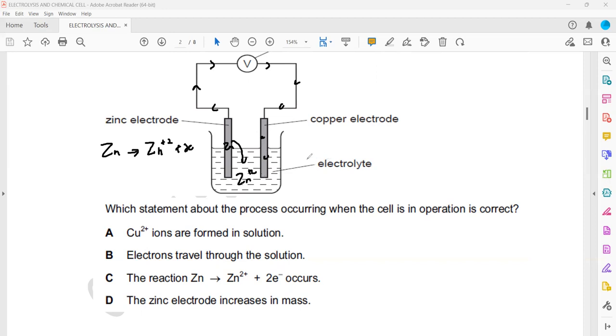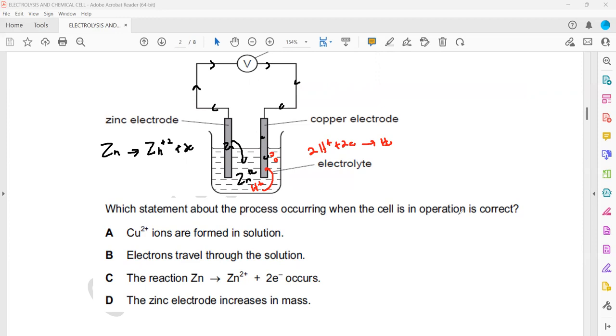And the electrolyte, usually we use an acid as an electrolyte, and acid contains H plus ions. So this H plus ion is attracted towards the electrons. So H plus ions will gain two electrons and form hydrogen gas, so we'll observe bubbles. So the question is, which statement about the process occurring when the cell is in operation